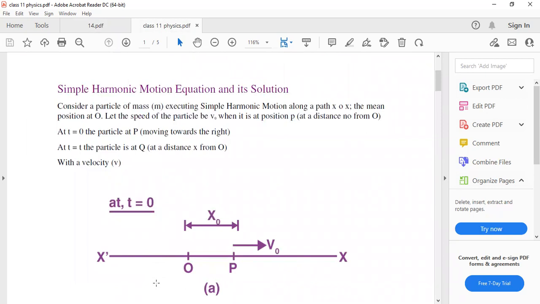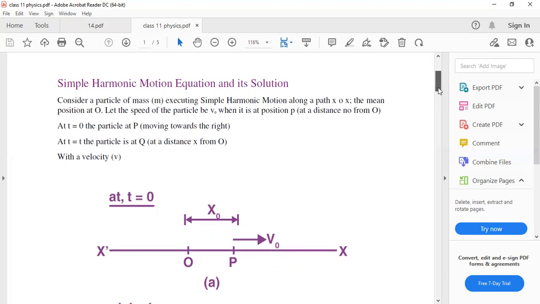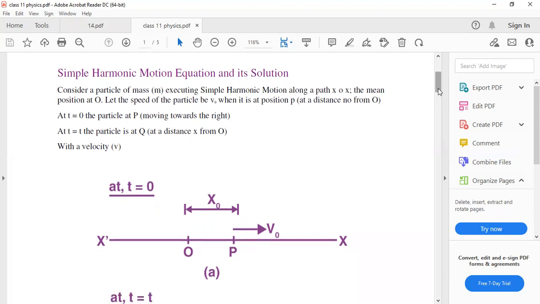So students, let us consider a particle of mass small m that is executing simple harmonic motion. Its path is XOX', as you can see in the diagram. In this diagram, the mean position of the particle is capital O. Now let the speed of the particle be V naught when it is at position P at a distance from O,